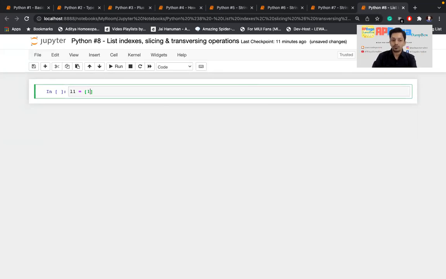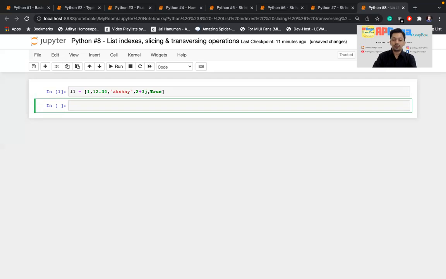So I'm writing 1, then 12.34, then third element will be like Akshay, then fourth element will be like 2 plus 3j. So I'm just showing you how all different type of data types can be collected in a single list. Okay, and I'll write one boolean also, that is True. Okay, so I have created one list.